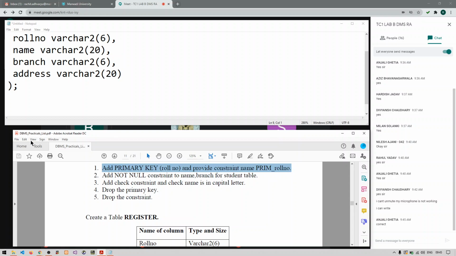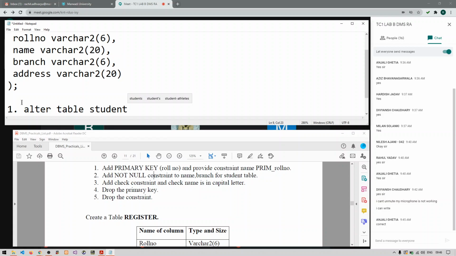So now it is saying you need to add a primary key on this roll number column. For that I am writing the first query here. I will write alter table student, because the table has already been created, so we are going to change its structure.